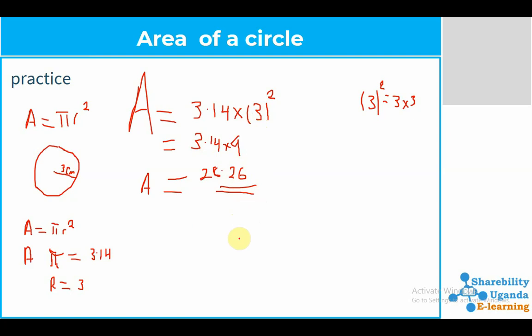So it is still the same thing. When they give you the area as 28, if our area is equal to 28.26, and they tell you to find the radius, that means we shall be able to say our 28.26